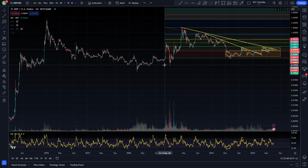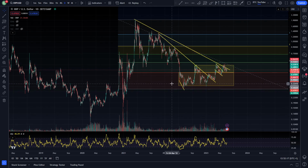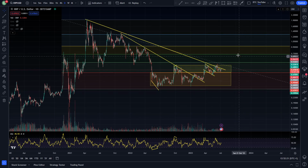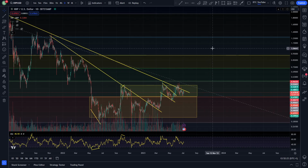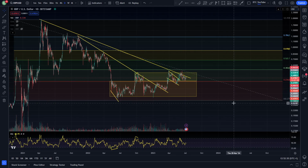back down to around 17 or 18 cents here. We obviously made a nice 10x in the bull market regardless, but really I think we could have done with making a lot more gains over that period, if I'm being completely honest. And right now we are just basically still suppressed, in my opinion. Obviously I do think XRP is a very high quality crypto that's going to do extremely well in the future. And if we're being completely honest right now,